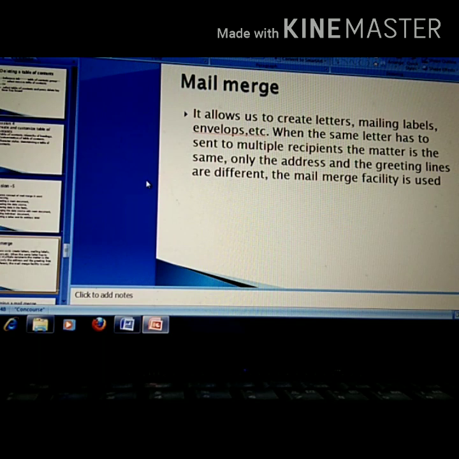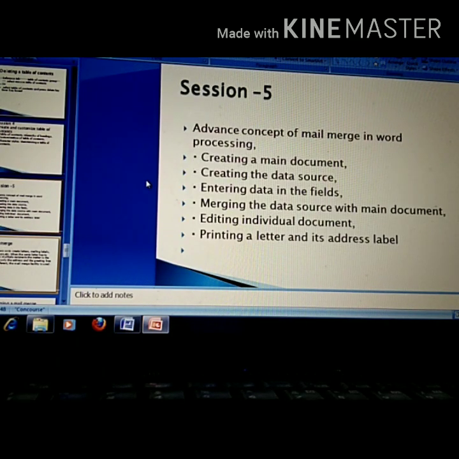For this, we use the mail merge facility. In our previous class, I told you that we require 2 things. One is the main document. Main document means your invitation letter or any application that you are sending to many places.